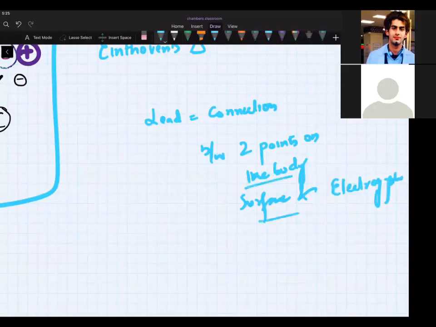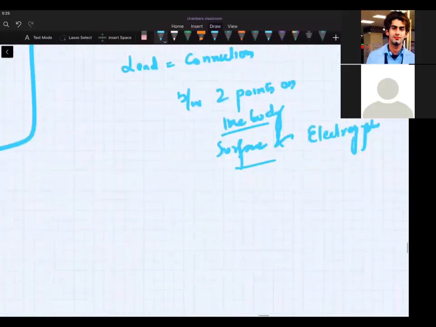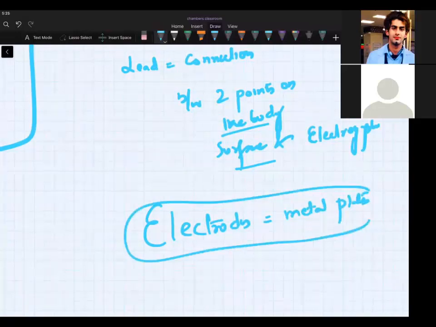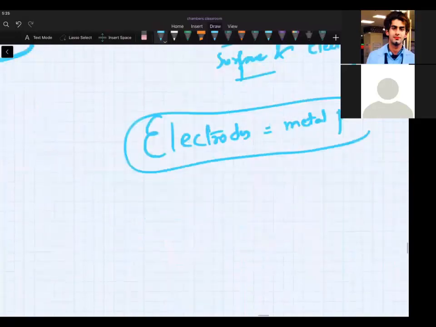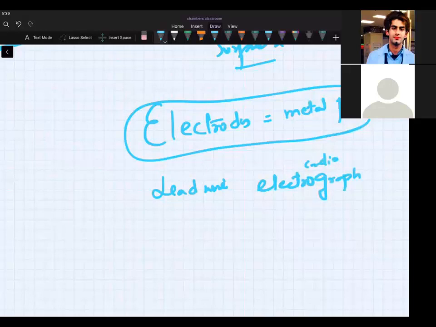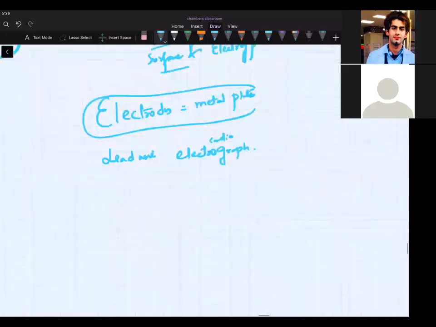So between the body surface and the electrocardiograph, you should have electrodes. What are electrodes? Metal plates. You have seen they apply these on your body, isn't it? And they have lead wires, which are connected to the electrocardiograph. I have taught you in the beginning graph and gram. So between the body surface and the electrode, you apply a jelly. Have you seen the jelly?